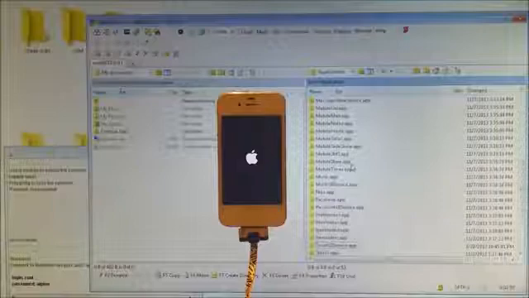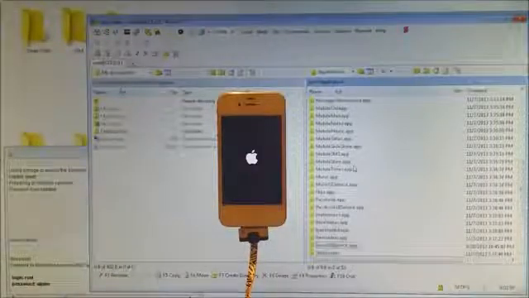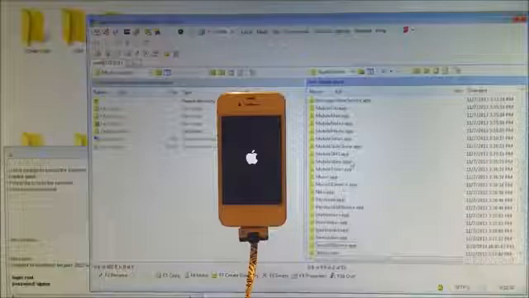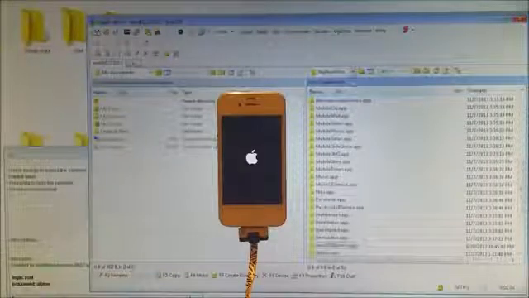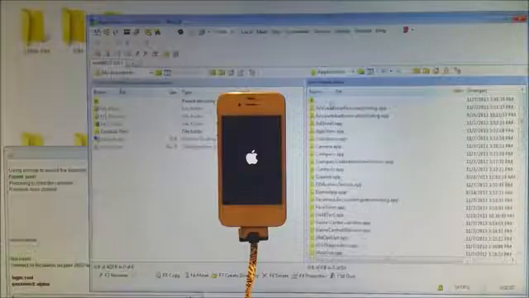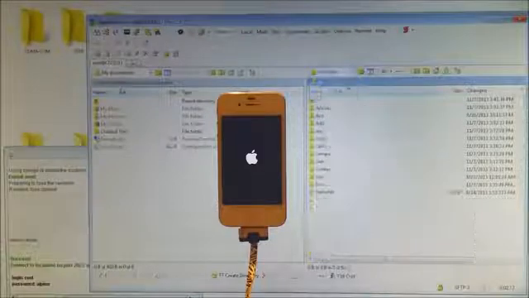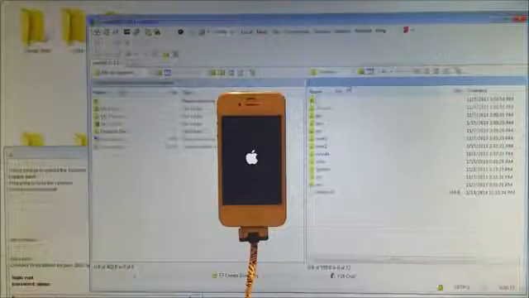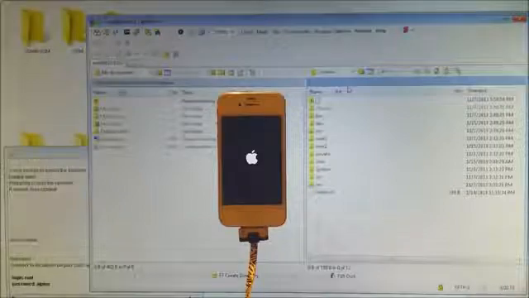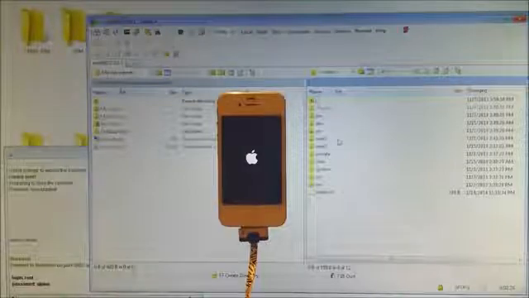Okay. Now, the next thing you're going to need to do is go ahead and put some files into the phone in order for your phone to function properly, such as certificates and things of that sort. So what you're going to need to do then is click up here, go to your root folder, all right, and then click on MNT1,